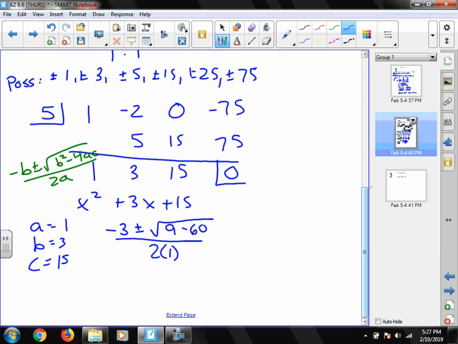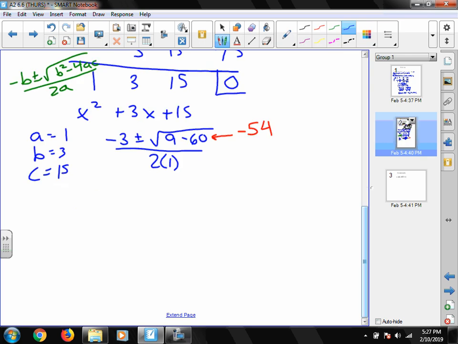And that is enough to tell me that whatever I get out of this quadratic formula is not an answer that I want to keep. Okay, 9 minus 60 is a negative 51. If I'm taking the square root of a negative number, I have now crossed into that complex plane. Therefore, that is not a dimension that I'm going to want to keep. So